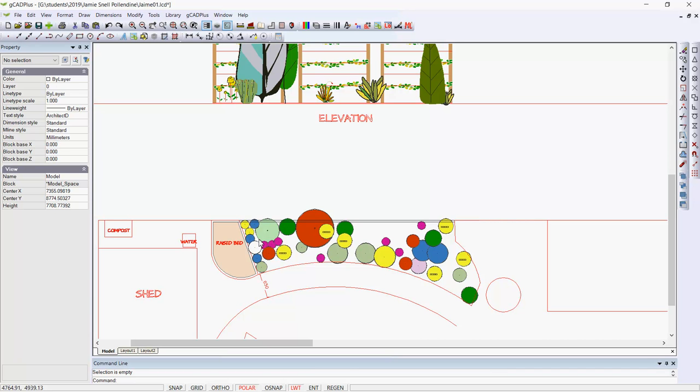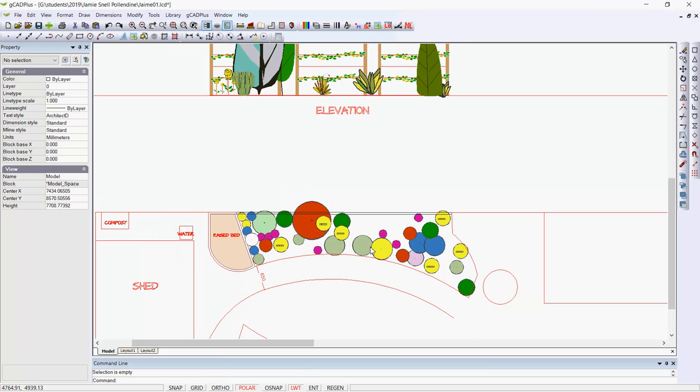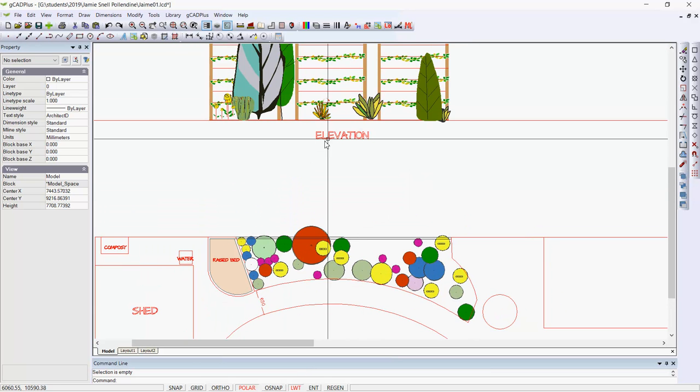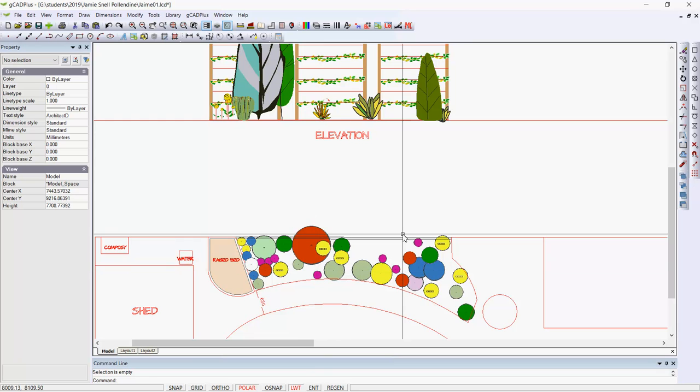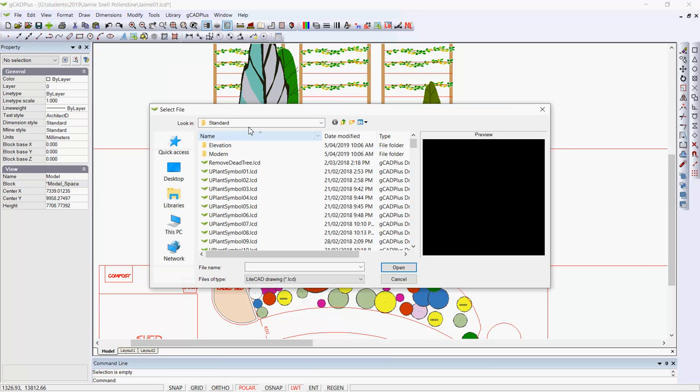Well, the design here calls for mass planting in a curving garden bed, and mass planting of annuals and other colourful perennials. You might want to give your client an elevation view of the design, and for that we can look at library, plants, standard and another group of elevation